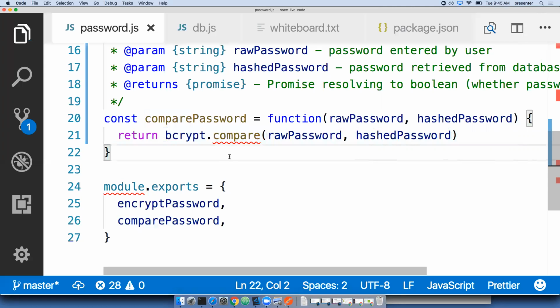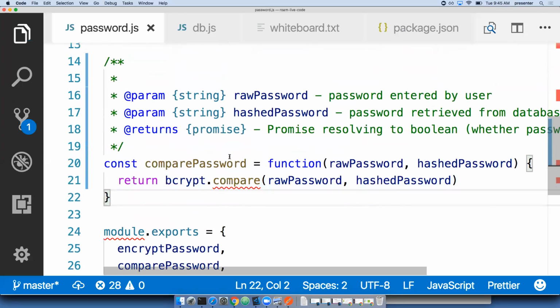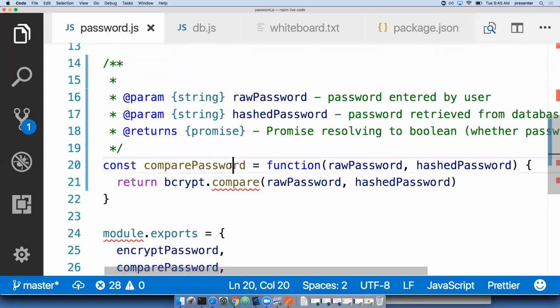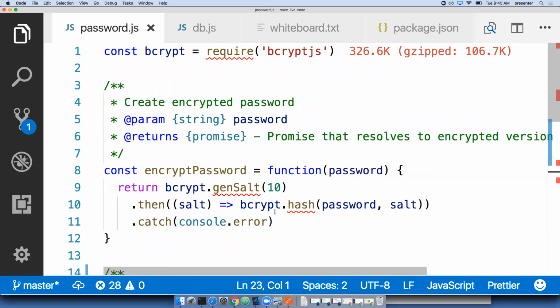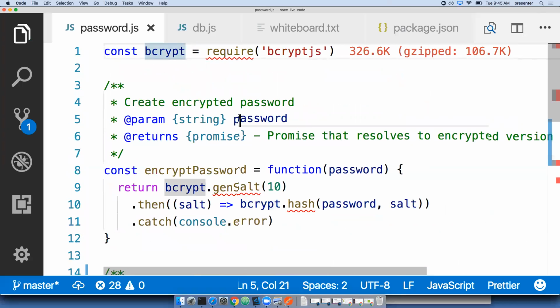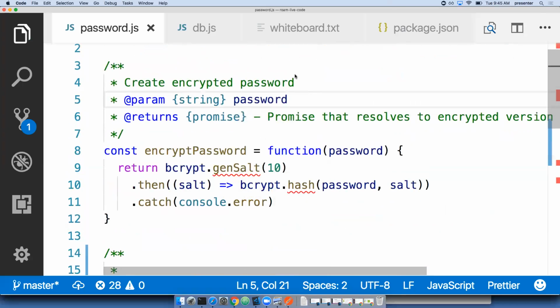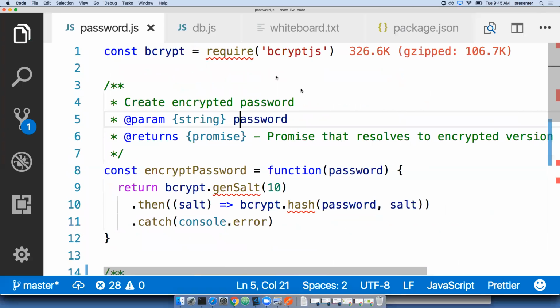There are other times. Anytime we needed to compare a password, we could just run this rather than this. I kind of like the abstraction and only having to import bcrypt into this file. It's a design decision, again. Okay,